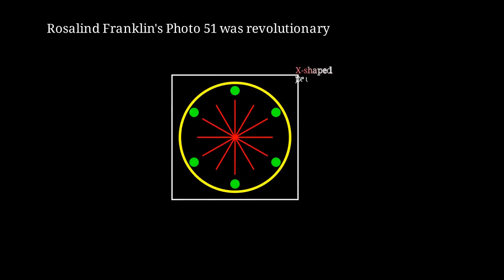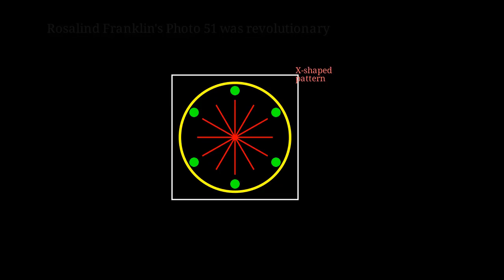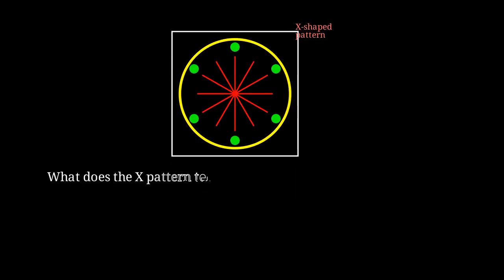Photo 51 showed a distinctive X-shaped pattern. This X-shape is characteristic of a helical structure. The spacing between the diffraction spots provided quantitative measurements of the helix dimensions. What does the X pattern tell us scientifically? The X indicates that DNA has a helical structure. The angle and spacing of the X arms tell us the pitch of the helix, which is the distance for